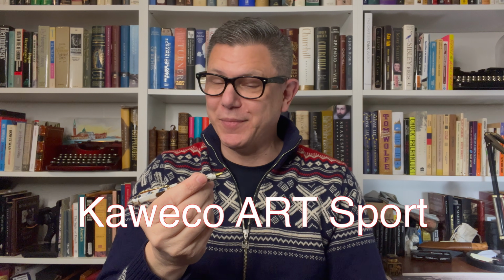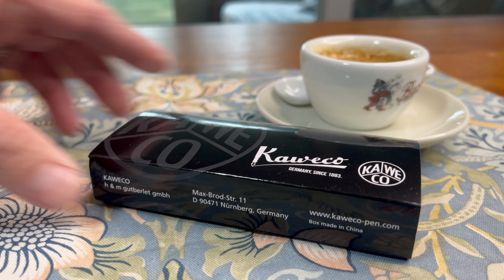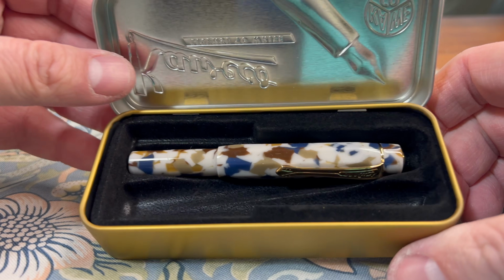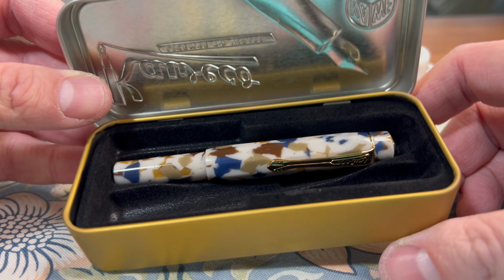Okay, let's talk about this Kaweco Art Sport fountain pen and why someone, or anyone, or more specifically me, would spend $125 US for a fountain pen that you could get for 25 bucks made out of regular plastic. So what is it about this that would elevate it to that level? I think once again we're into some of those different ideas about value and how you get there. And I always say that my opinion about value is whatever it needs to be to justify my next pen